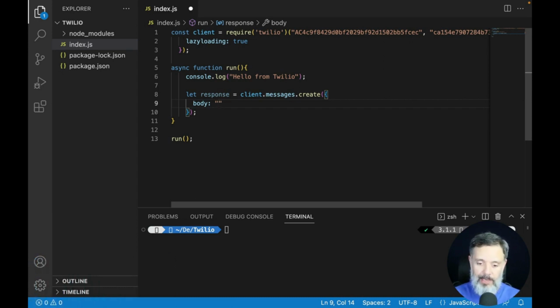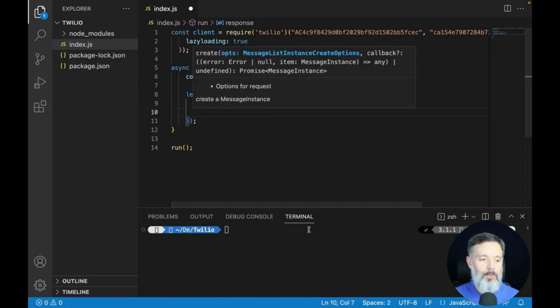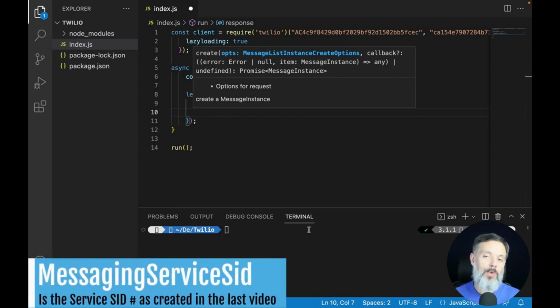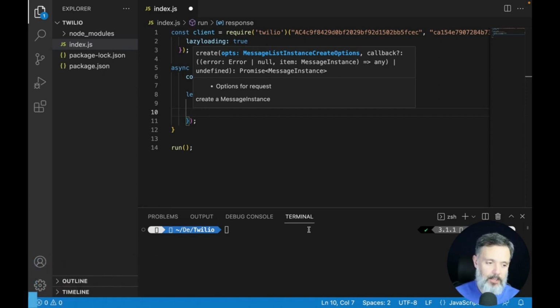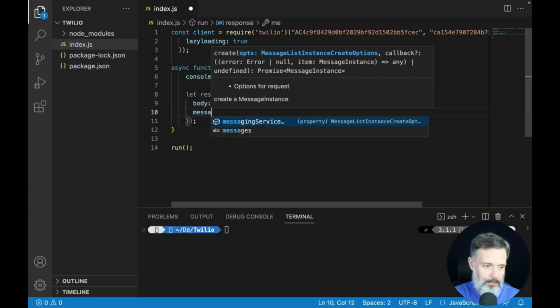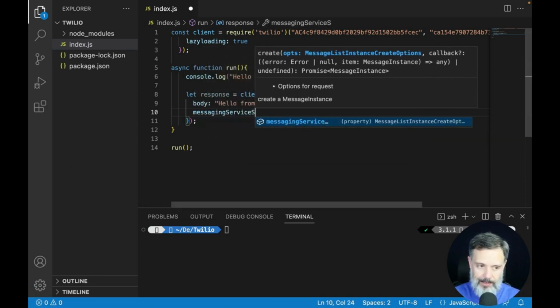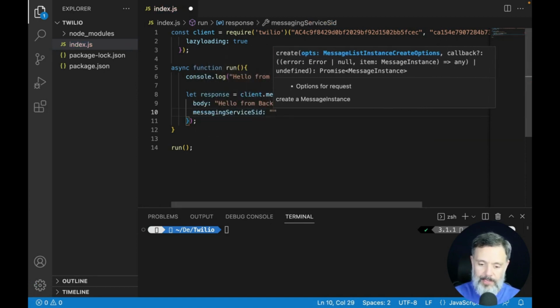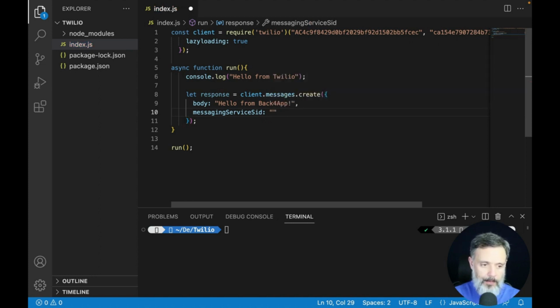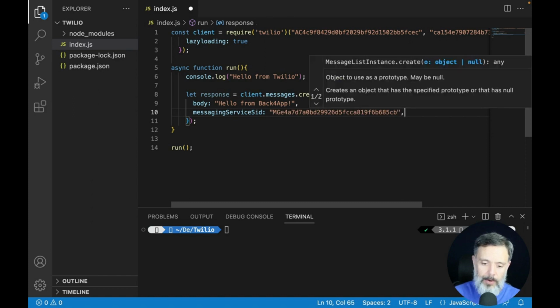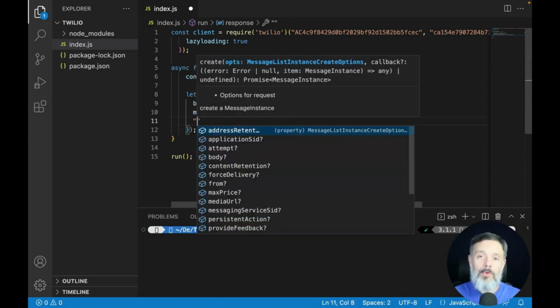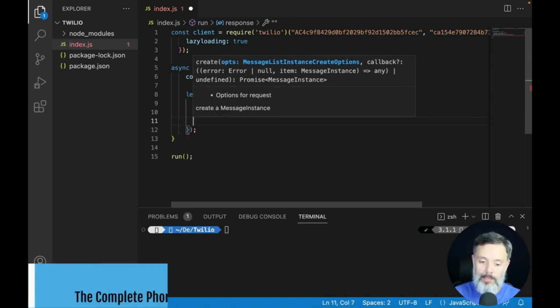So we're going to send "hello from Back for App", comma. The next one will be the messaging service ID, which we will retrieve from our Twilio dashboard. So messaging service SID. This will also be a string, and I will copy from my Twilio dashboard as we saw yesterday, comma, and last but not least, we'll have to send this message to someone, in this case to my personal cell phone number,